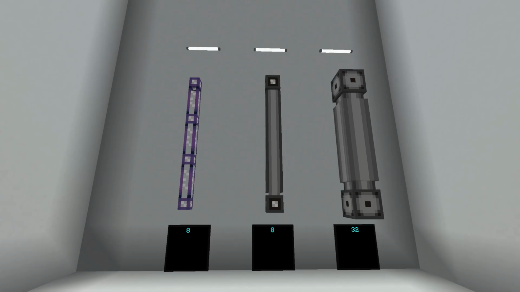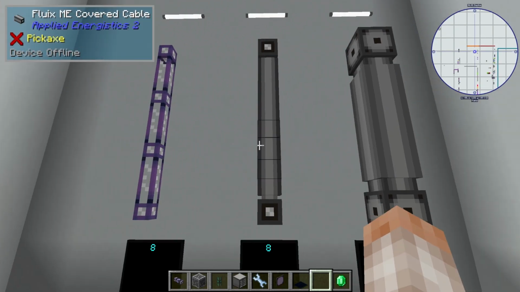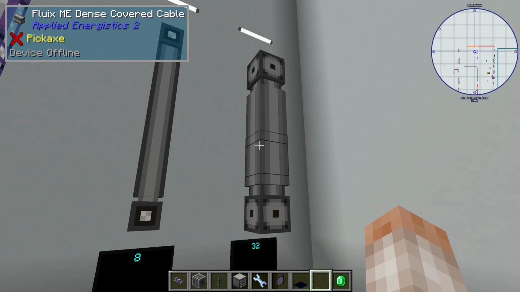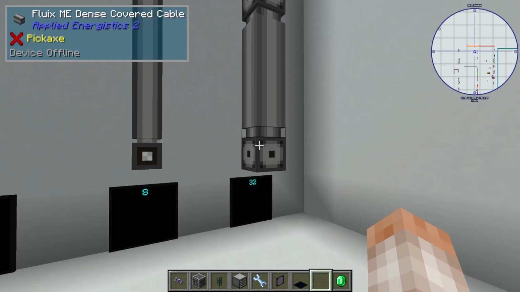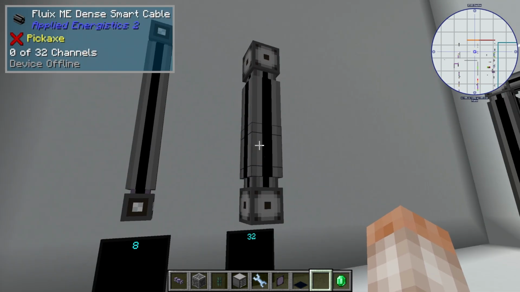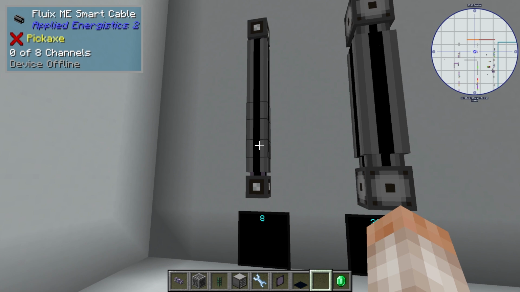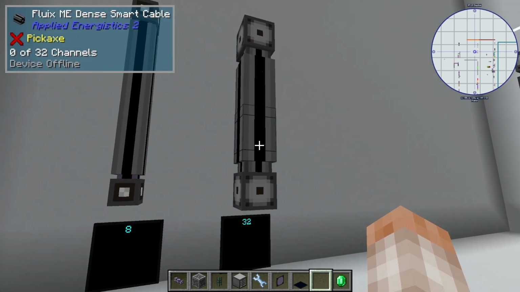Now we're going to talk about cabling, and this is definitely the most important part of episode 2. You essentially have 5 different types of cable. You have your basic Fluix, you have your regular covered cable, then you have dense cable, which can hold 8 channels and 32 channels respectively, and then we have smart cable, Fluix, and dense cable, Fluix. Just like the regular covered counterpart, the smart cabling can hold 8 channels, and the dense smart cable can hold